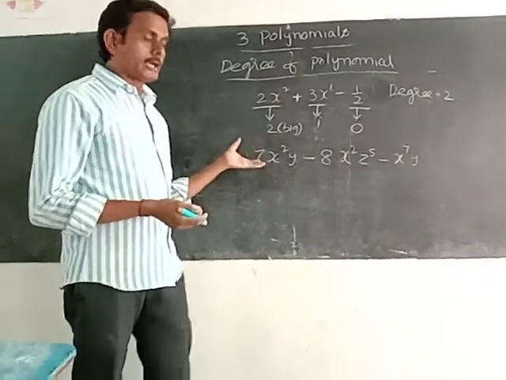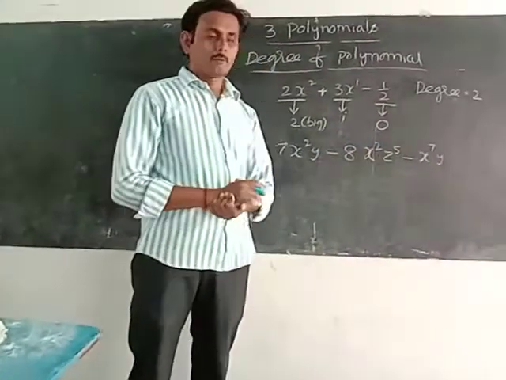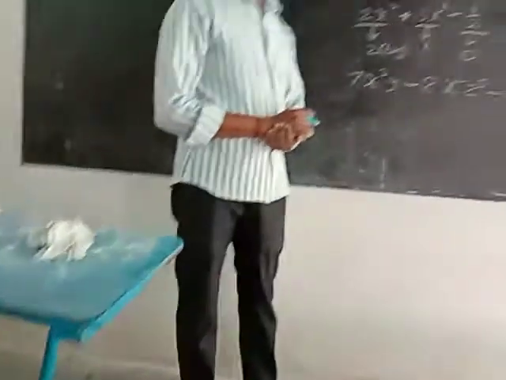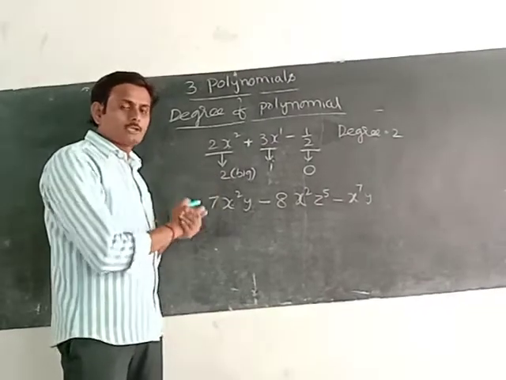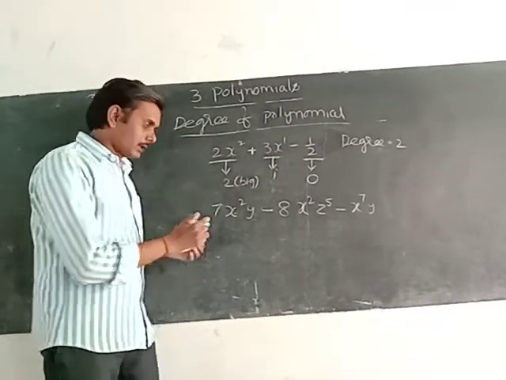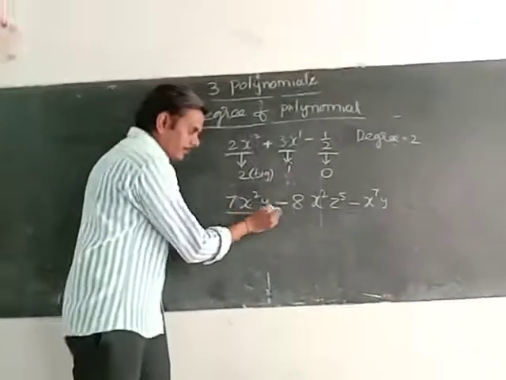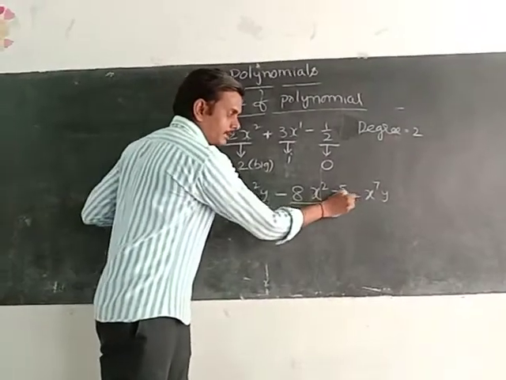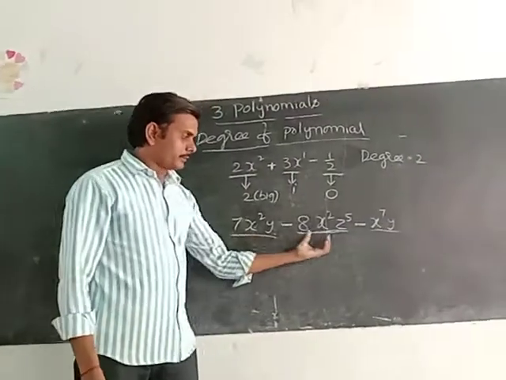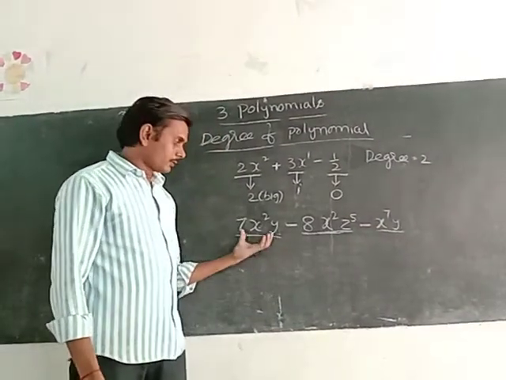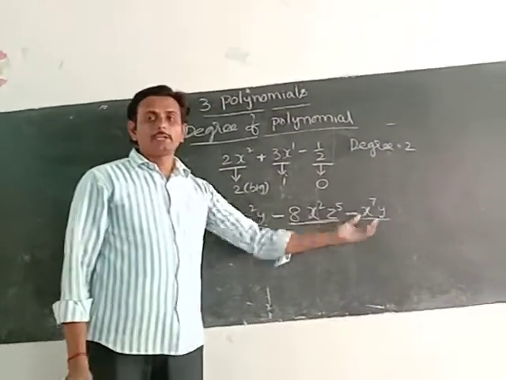In this I want to calculate the degree of the polynomial. Whenever you want to find it, first recognize the number of terms in the given expression. Minus here, minus before part, after part. Totally how many terms are there? 3 terms are available in this expression.